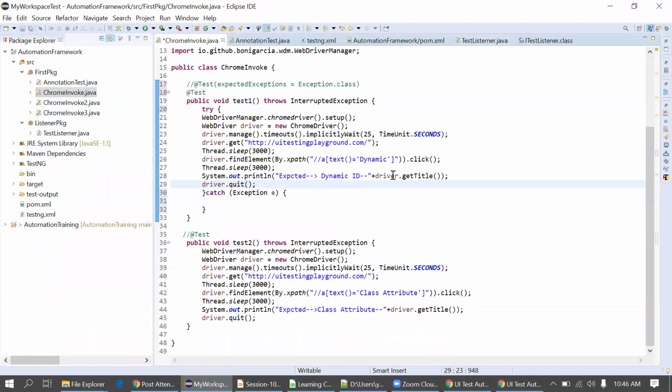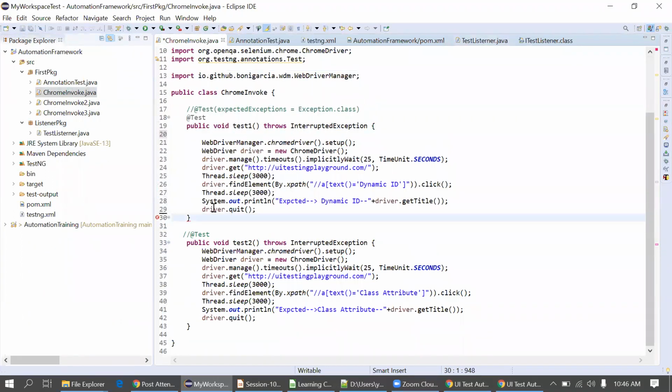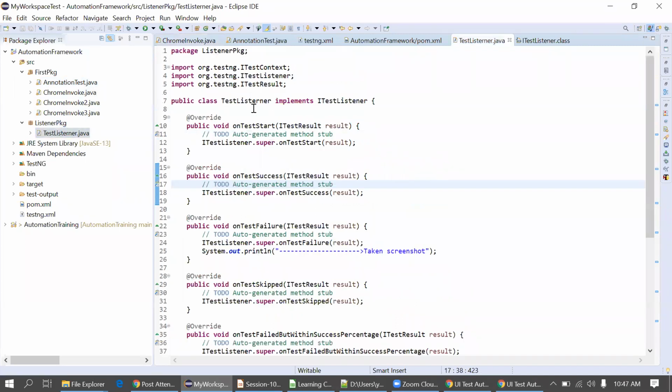You can see I have this original test case, that was passing. I'm deleting this try catch as well. Now I have to use this listener in my test case.